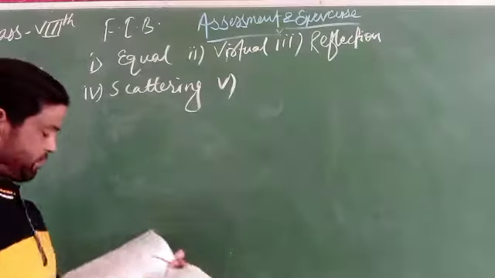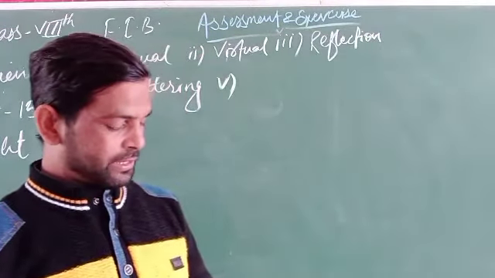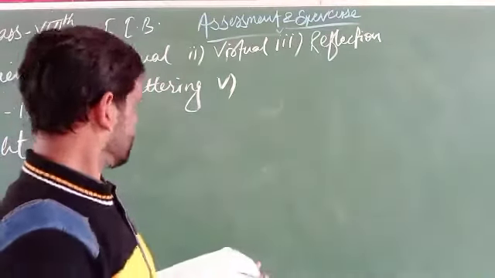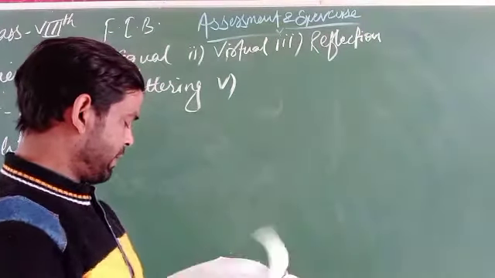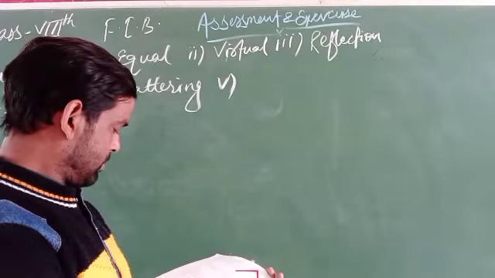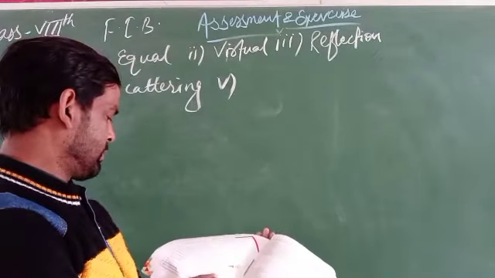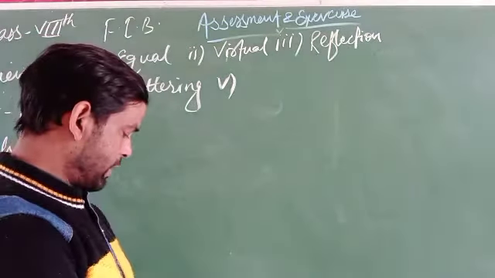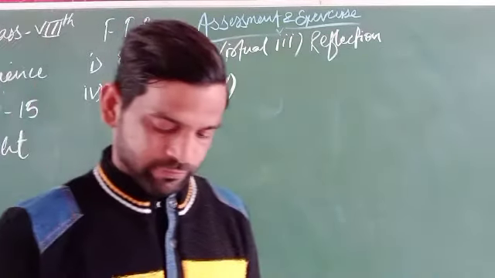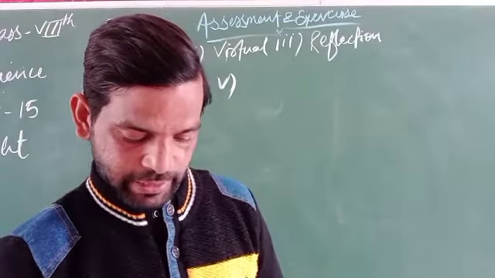Scattering. Fifth one is a band of light obtained on a screen. It is called the band of 7 colors. The phenomenon of splitting of white light into the 7 colors is called scattering of light, and the phenomenon by which this light is obtained